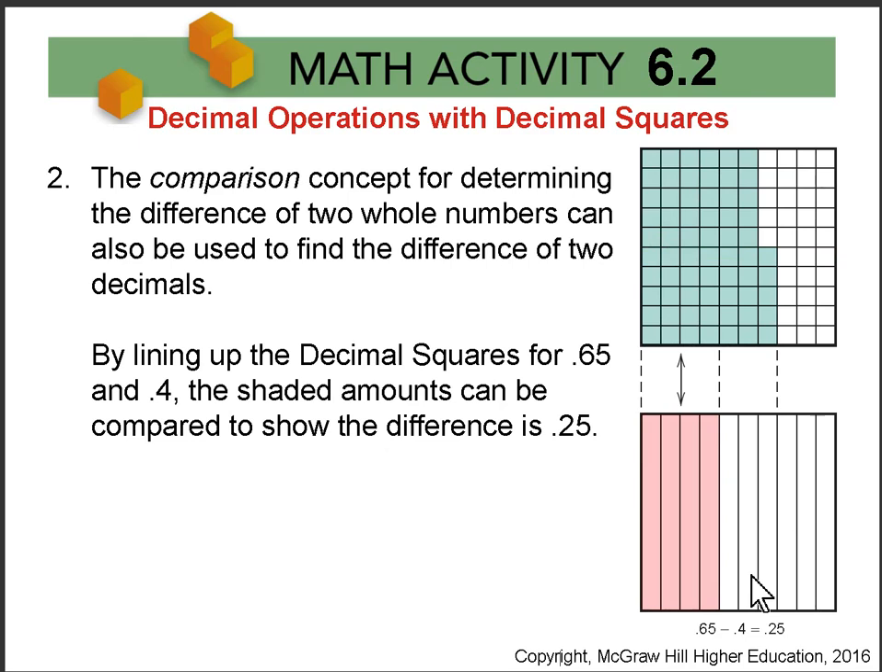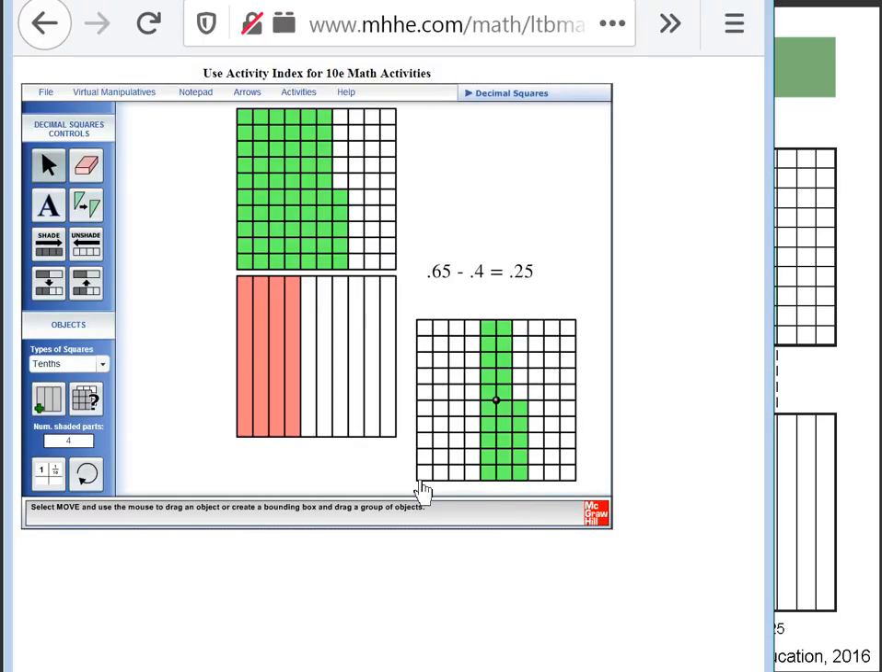In question 2, we talk about subtraction. We're using the comparison concept. How much more is this larger amount? So here we are comparing 0.65 and 0.4. So 65 hundredths minus 4 tenths or 40 hundredths. You see I have that set up here, 65 hundredths minus 4 tenths, which is of course 40 hundredths, and